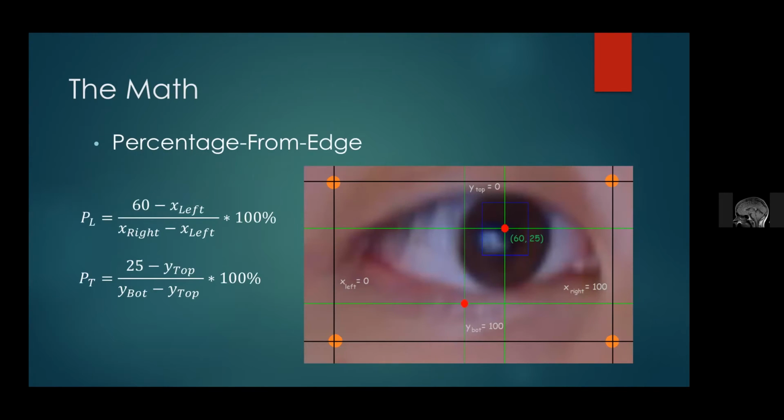From there, we ran percentage from edge calculations. So in this sample, which is something I simulated, it uses the top left of 0, 0, 100, 0, 0, 100, 100, 100. And in this current sample, it says that the pupil is at 60, 25. So the math calculates it being 60 from the left out of the total 100, right minus left. So it notes that it's 60% away from the left side of the screen